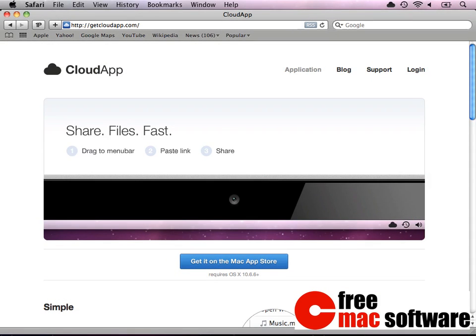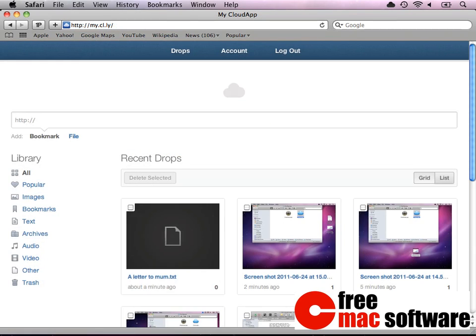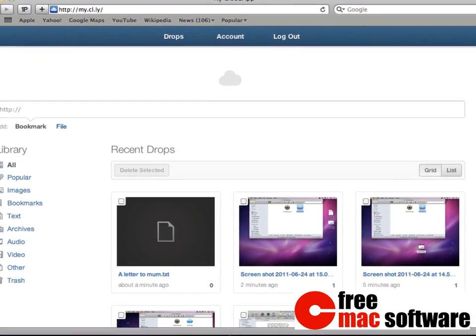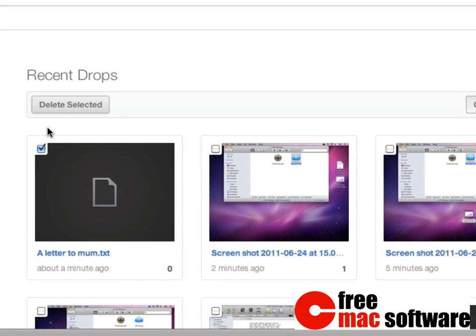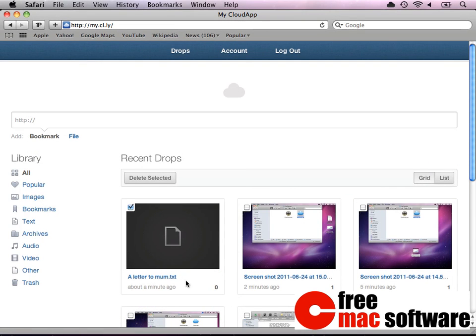There's more to Cloud than just screenshots and file sharing. When you log into the Cloud website, which is getcloudapp.com, you can see a history of the last shared items and just delete them or reshare them. Cloud's ability to share from different applications can be extended using so-called Raindrops. They can be enabled separately from Cloud's preferences